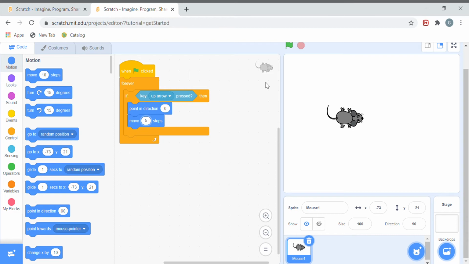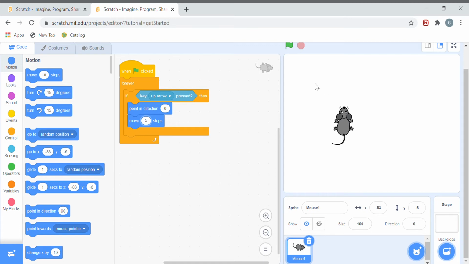Okay, so let's try this right here. We press the green key. If we're pressing the up arrow, that means our mouse is moving up. Now, if I'm pressing the down arrow or the right arrow or the left arrow, obviously nothing is happening because we don't have any code for that yet. So now let's keep creating more code so that we can use our down arrow, our right, and our left